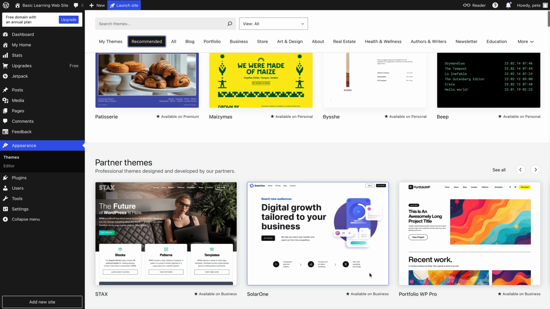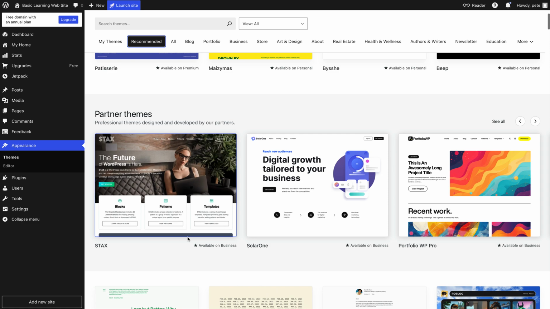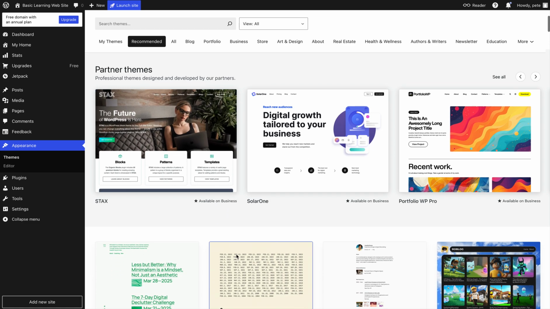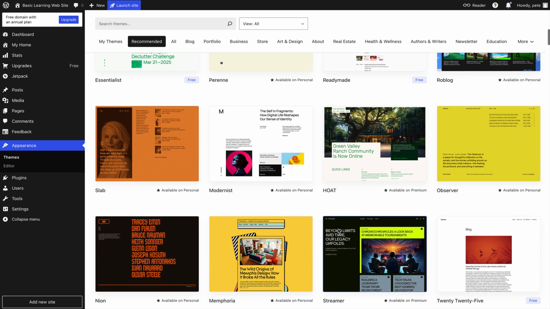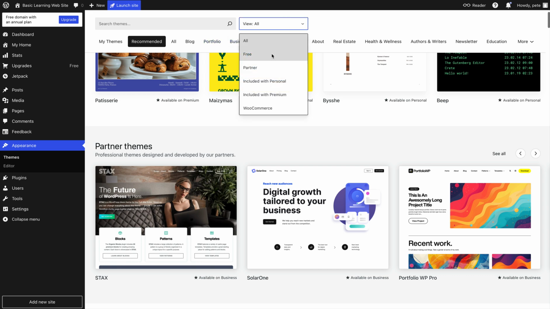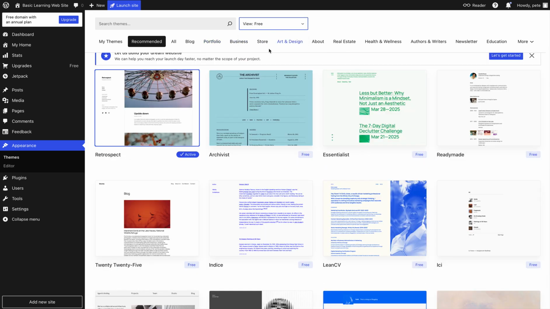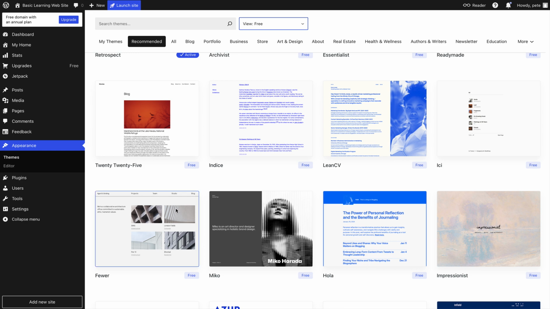As you move through here, you will see, I like this one right here because it's got a top menu. You've got these 3 items here. This is available on the business account. Again, here's available on personal. And one of the things that I like to do, at least here, is look for the free ones. So using this drop down for free, now you see what is available in the free ones. I will tell you, just because we're working from a free perspective, you do end up getting a limited